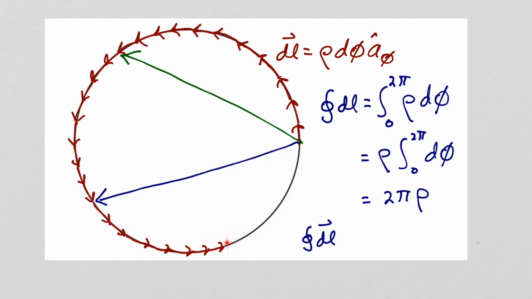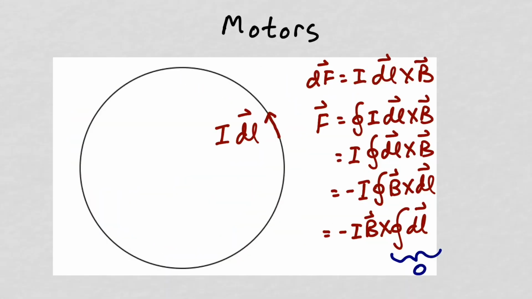So when we've gotten to this point, the vector sum of all these dl's will be this vector. And you can see as we continue to add the rest of the dl's all the way around that in the end, the vector sum of all these vectors will be 0. So the force on a current loop in a uniform magnetic field will be 0. So the current loop will not translate, but it can experience a torque and rotate.